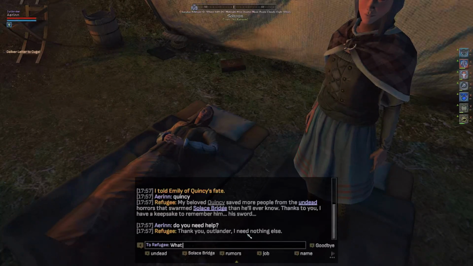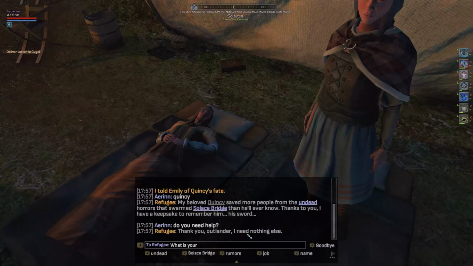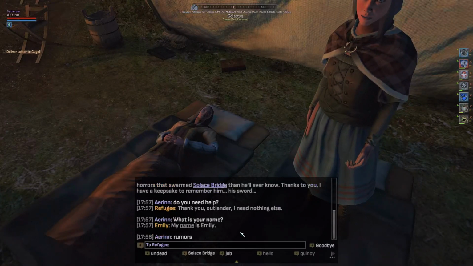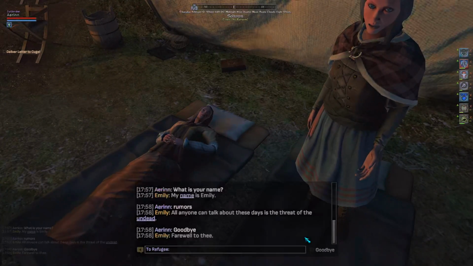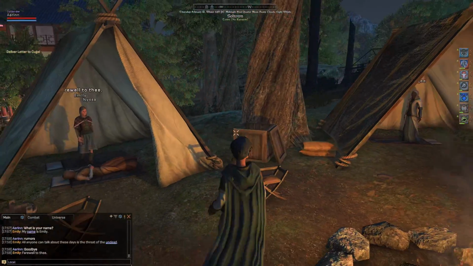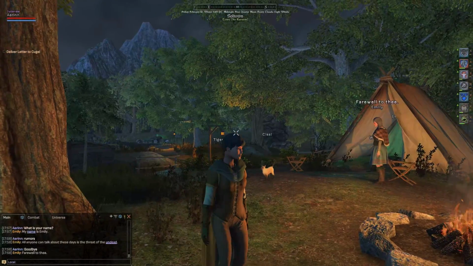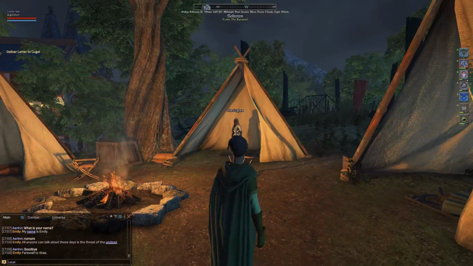Okay. So we don't know her name yet, although it's the one on the letter. Emily, right. Any rumors? Well, it's the threat of the undead, yeah. Goodbye. So yeah, this is kind of weird. I think this harkens back to one of the old Ultimas as well, with that symbol being there. It's kind of odd, but...